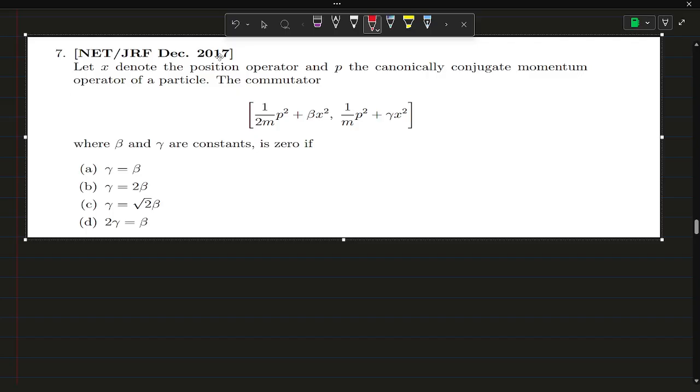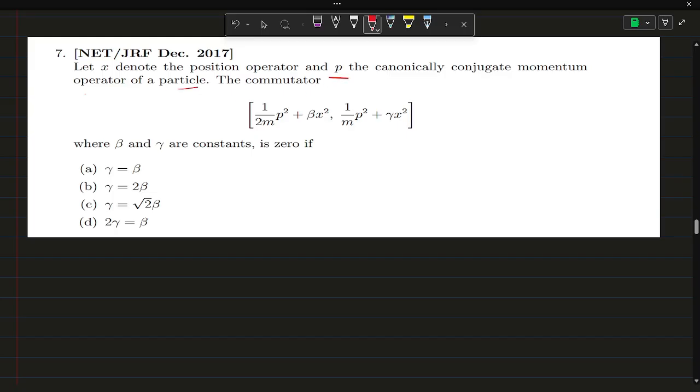Now let's solve question number 7. This question was asked in December 2017, and the question is: let x denote the position operator and p the canonically conjugate momentum. So x is the position and its conjugate momentum is p